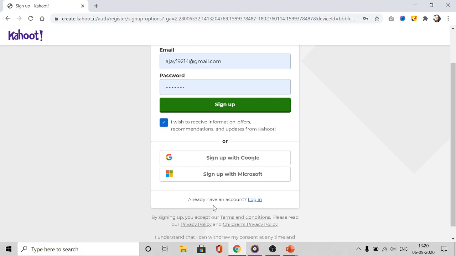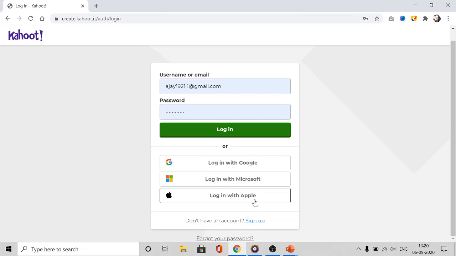As I already have Kahoot account, I will go for login option and enter my credentials here so as to sign in. Here with this pop-up, you can check out game collections by Kahoot, or you may skip to create page.